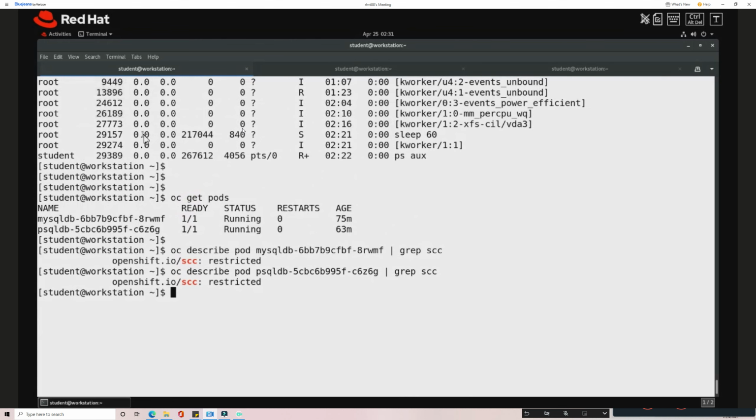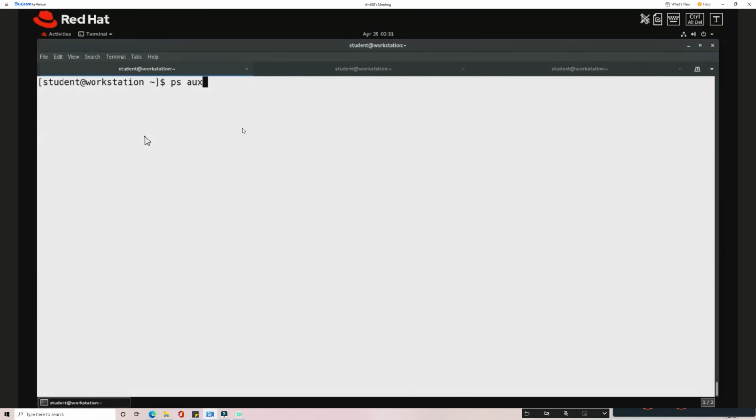Here I created a file system, and if you look at the user of that file system, you can see this is the user ID. It has some random number over here. This is the user ID of this file system. That means this is the user ID of that container, and this user ID has to be matched with the